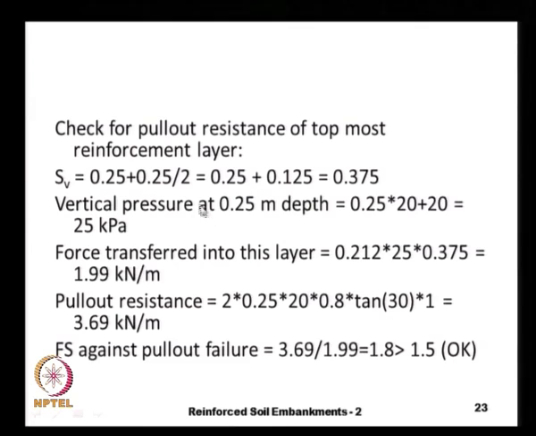The vertical pressure at 0.25 meter depth is 0.25 times gamma plus q, that is 25 kPa, and the force transferred into this layer is Ka times q times SV, 0.375, that is 1.99. And the pull out resistance, because at this height we have only 1 meter embedment length,